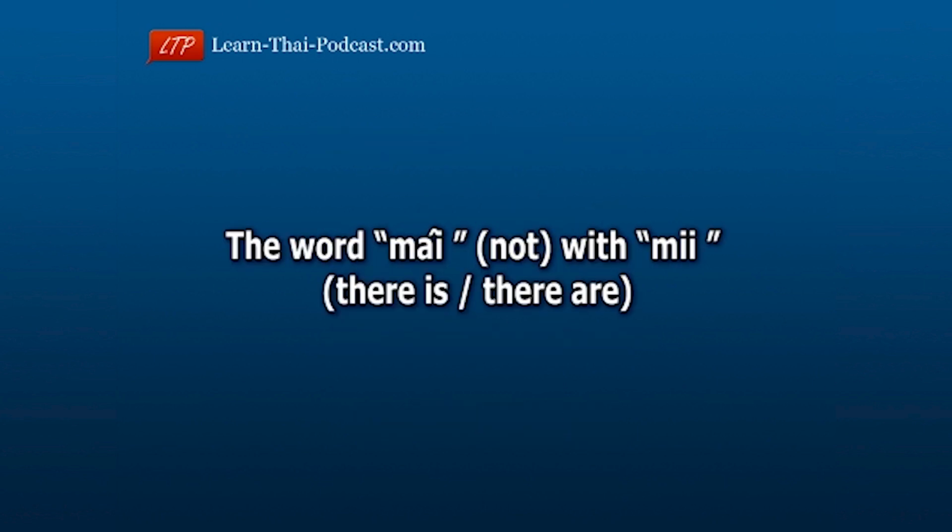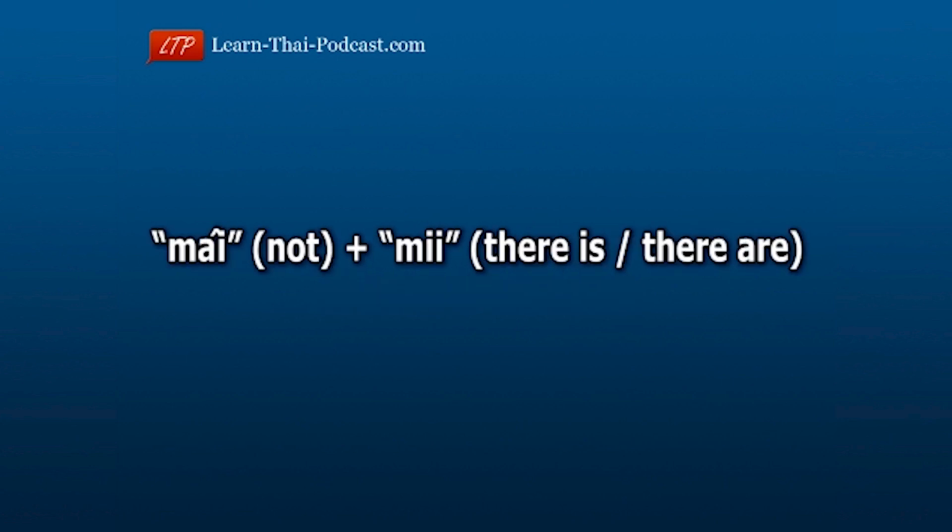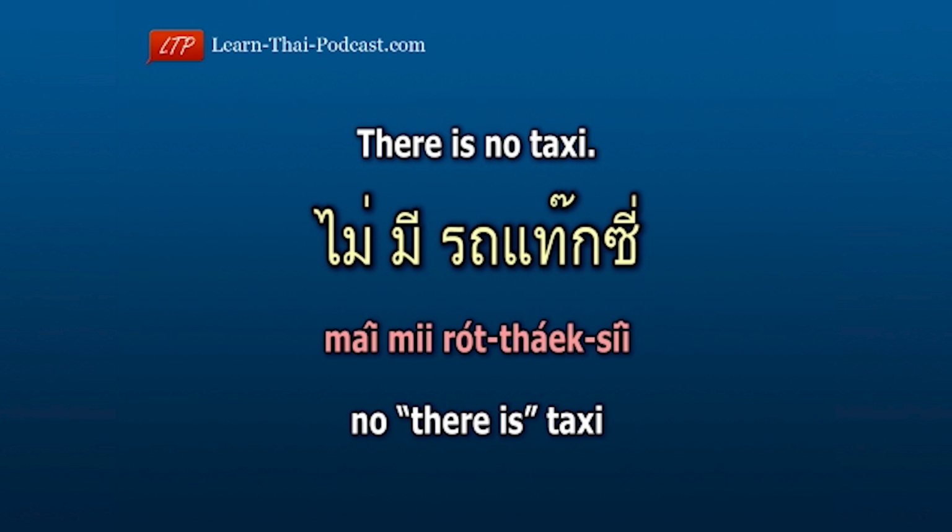Let's have a look at ไม่ with มี, which means there is or there are. The sentence structure is ไม่ plus มี, which means there is or there are. For example, there is no taxi. ไม่มีรถแท็กซี่ No ไม่, there is มี, taxi รถแท็กซี่. No, there is taxi. ไม่มีรถแท็กซี่